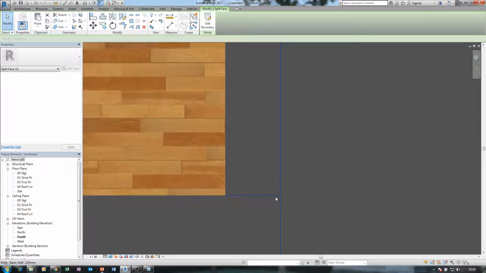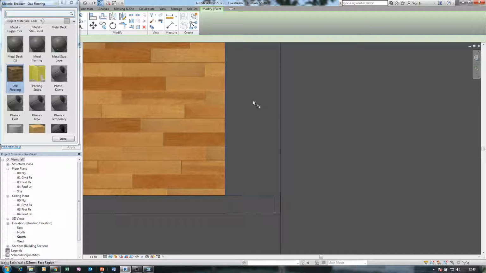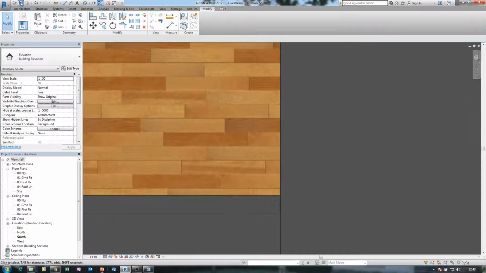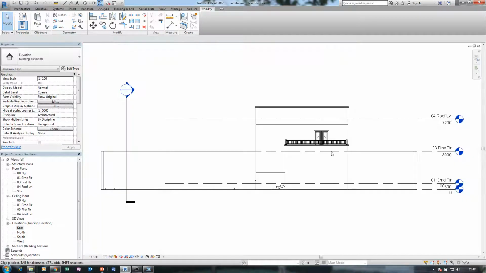So paint rather. So I'm not going to do the back, but I'm going to do the right side.